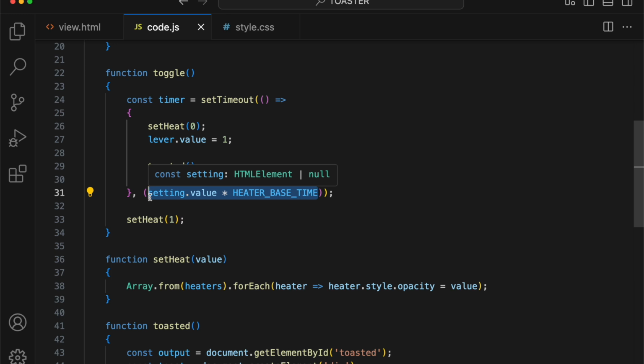What would those values be then? Our heater base is 1000. Our possible intensity settings are 1 through 5. So if we multiply the setting value by our heater base value, we get 5 new values. So we have a possible 1000, 2000, 3000, 4000, and 5000. So note that we